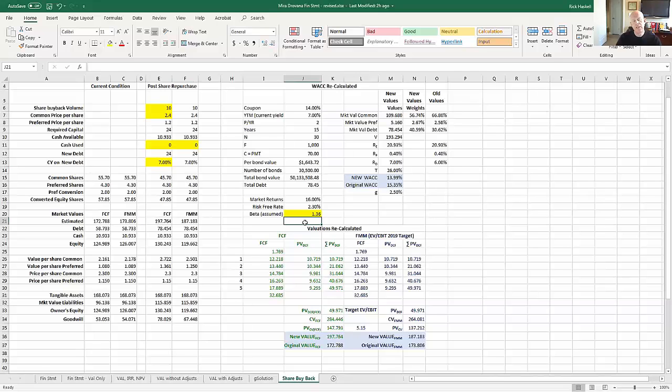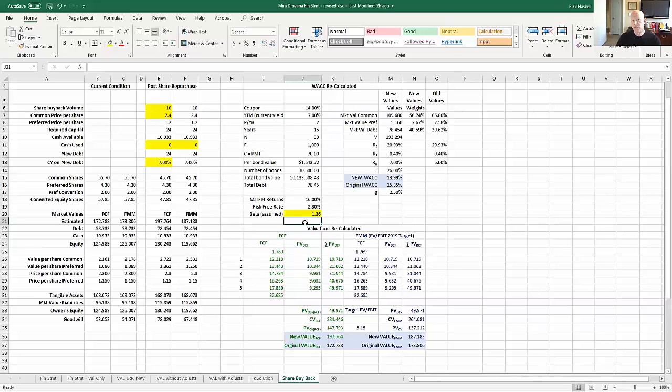Remember that beta is a volatility measure of the company's common stock price in the market. I think it's reasonable to expect that if the market knows the company's taking on more debt and knows it's going to have a higher debt service payment, knows that it's going to be that much harder to meet the debt service payment, then it's reasonable that the volatility measure is likely to increase as well.